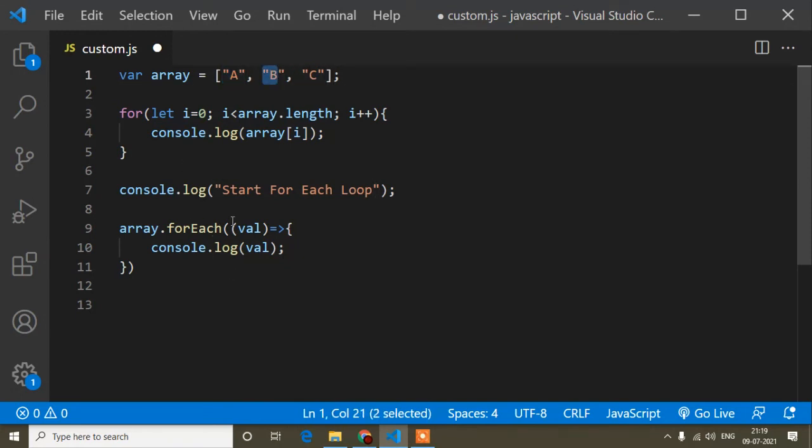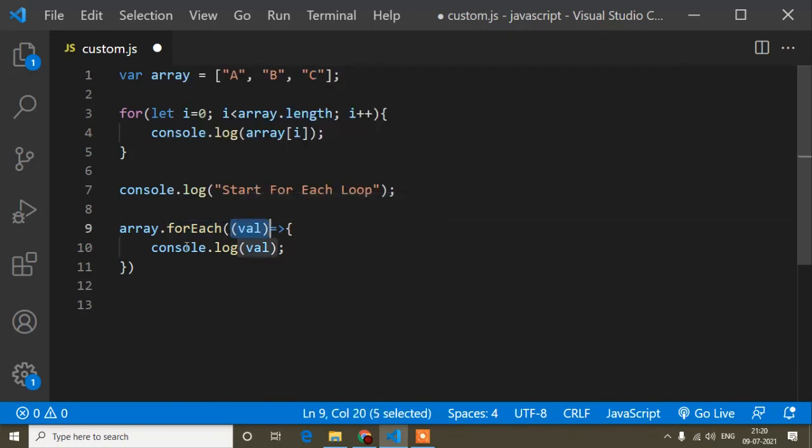When it goes into the loop, first of all it will go to a, and at that time it will call a method, because you can see it takes a callback for each element. You can see value is the element, our array element, or array value you can say. So when it executes, every time it will execute a function, because it takes a callback function. That is the main difference.